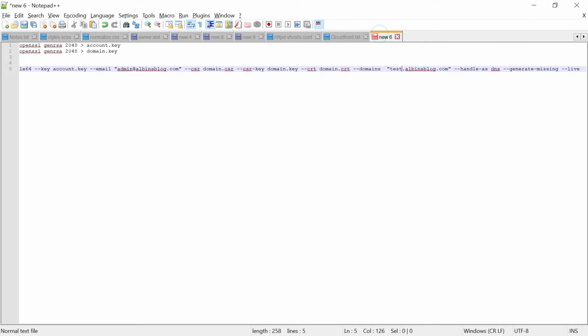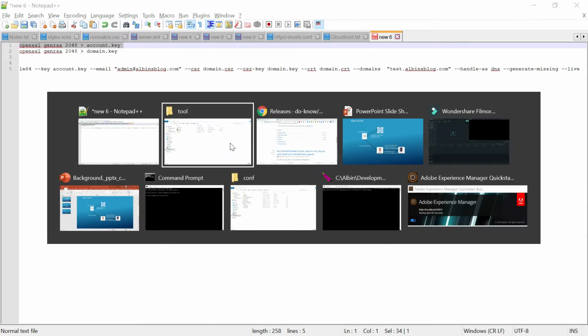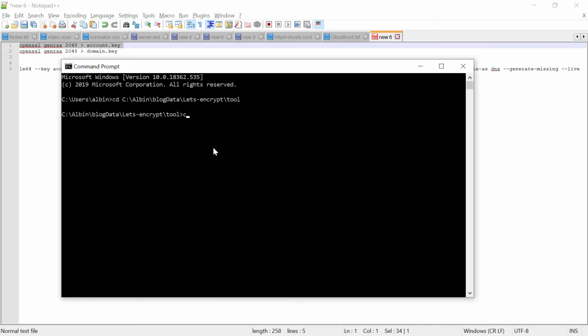You can execute this command: OpenSSL genrsa 2048, the key size, and the file name. I'm putting it in the command prompt. Yeah, I am creating this.